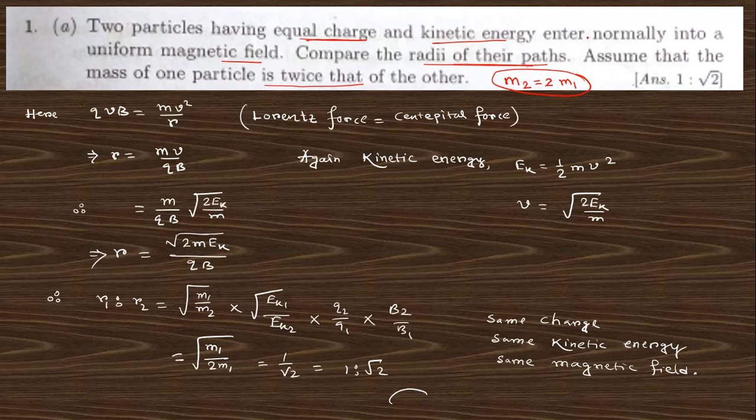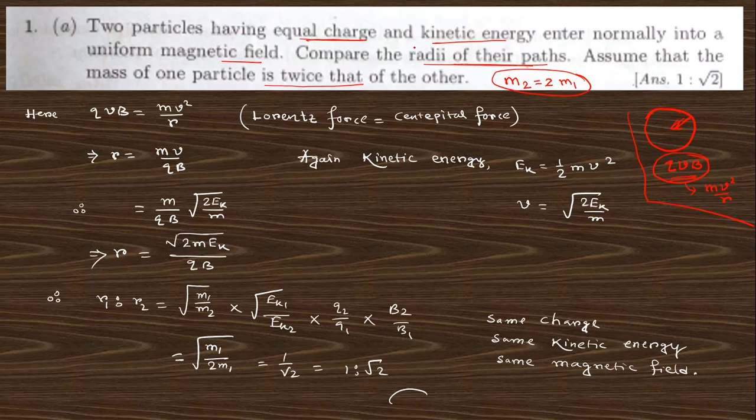When a charged particle enters normally into a uniform magnetic field, you know it follows a circular path, and the force acts towards the center. This force is q v cross B, that is qvB sin theta, and sin 90 is 1, so the force will be qvB, that is the Lorentz force. This force gives the centripetal force for the circular motion, so it must equal the centripetal force, mv squared by r. Equating the Lorentz force to the centripetal force, from here you get the expression r equals mv by qB.